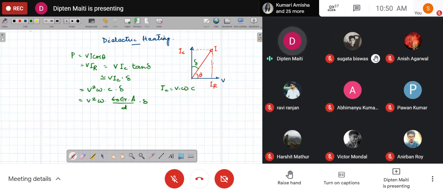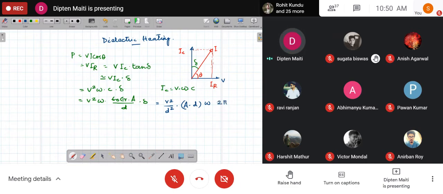Okay. So here you can find several things: power per unit volume, power per unit area. Several things you can find in the Partha book. Otherwise, let's do this exercise. So let's write V square by D square into A into D. I hope I'm not making any mistake. Otherwise, please interrupt. So omega is a variable. So what are the constants here?